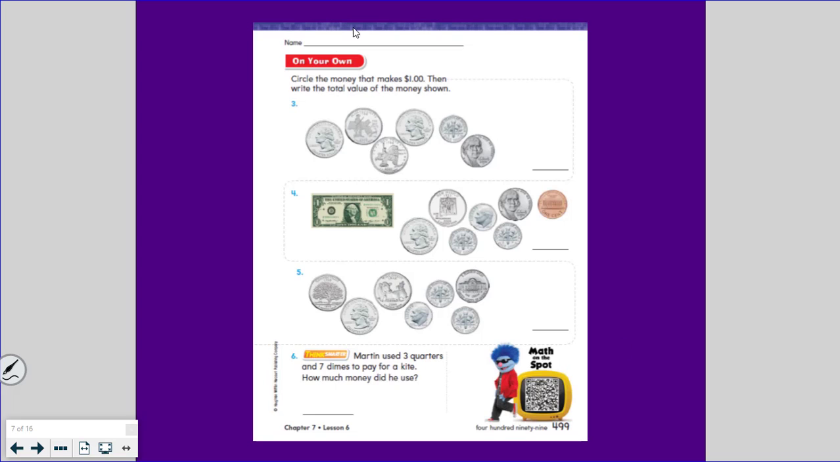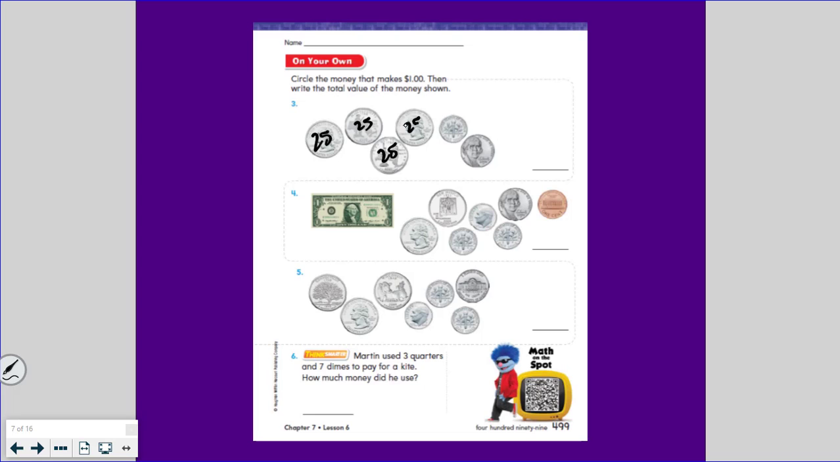All right, so same thing, same directions. Do number 3, 4, and 5. Pause your video. Do number 3, 4, and 5. Okay, so first thing I'm going to do, I'm going to write the values of the coins so I don't